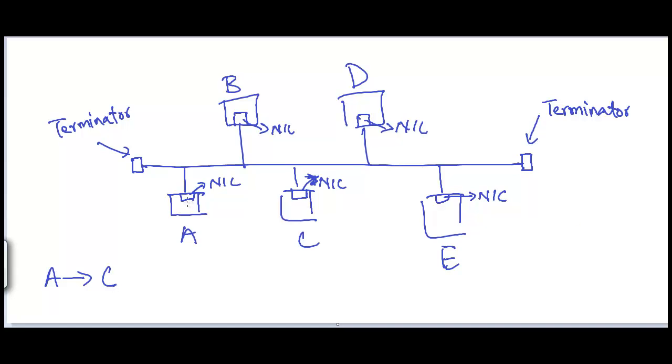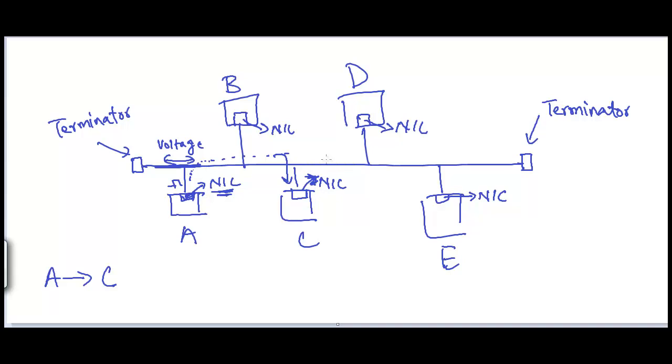First thing computer A is going to do is, through its network interface card, sense if there is any voltage on this wire. If the network interface card does not sense any voltage, then computer A transmits its message. The message is going to travel in the form of bits, and it will go all the way to C, because there was no voltage on the wire, meaning the wire was free.